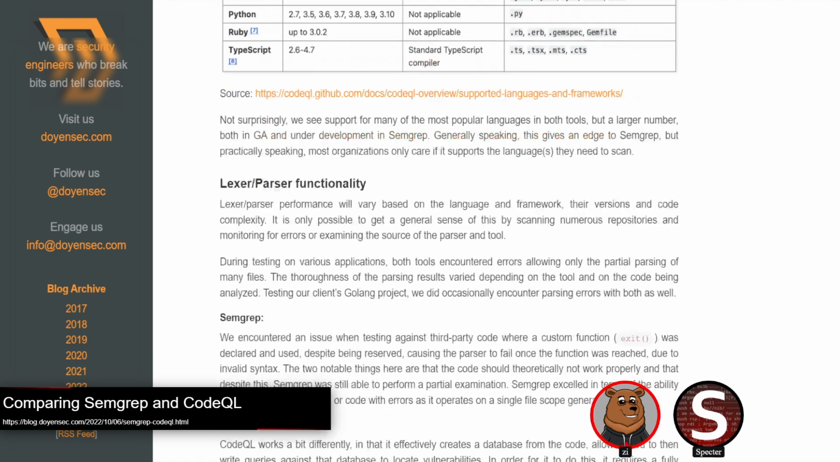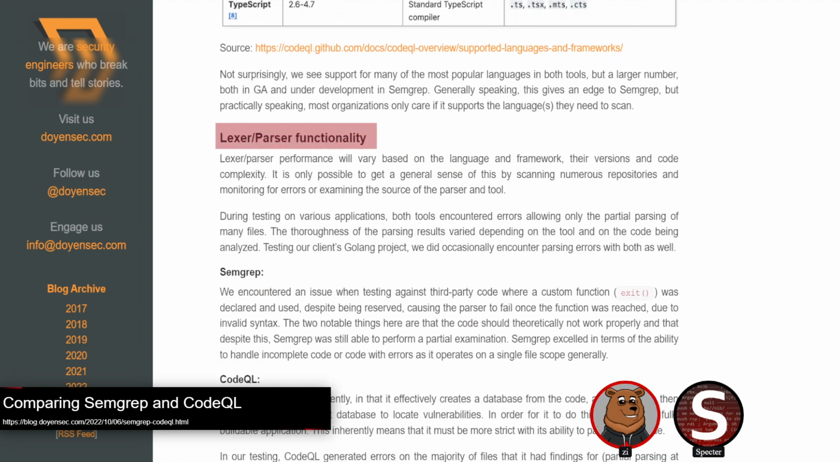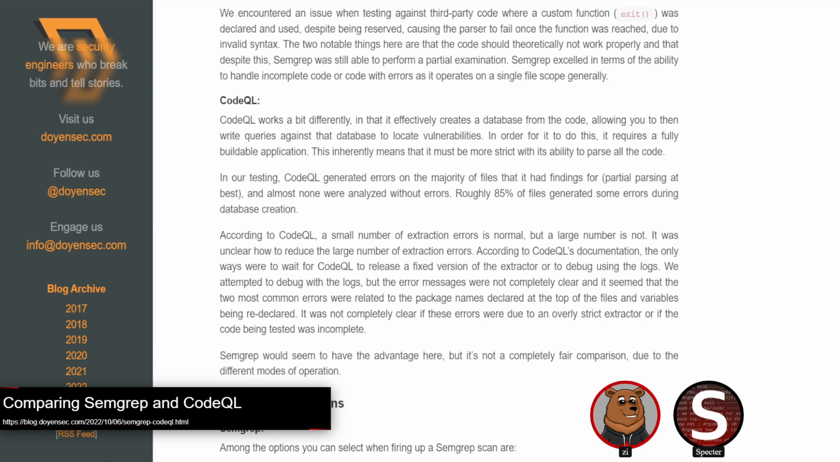But one of the things that really stood out to me is they're talking about the lexer parser functionality, and they talk about a lot of errors. I haven't had a lot of build errors. I have had builds that have failed with CodeQL. My personal experience has been very different from what they've had with a lot of these extraction errors. In my case, actually, I kind of got screwed over because